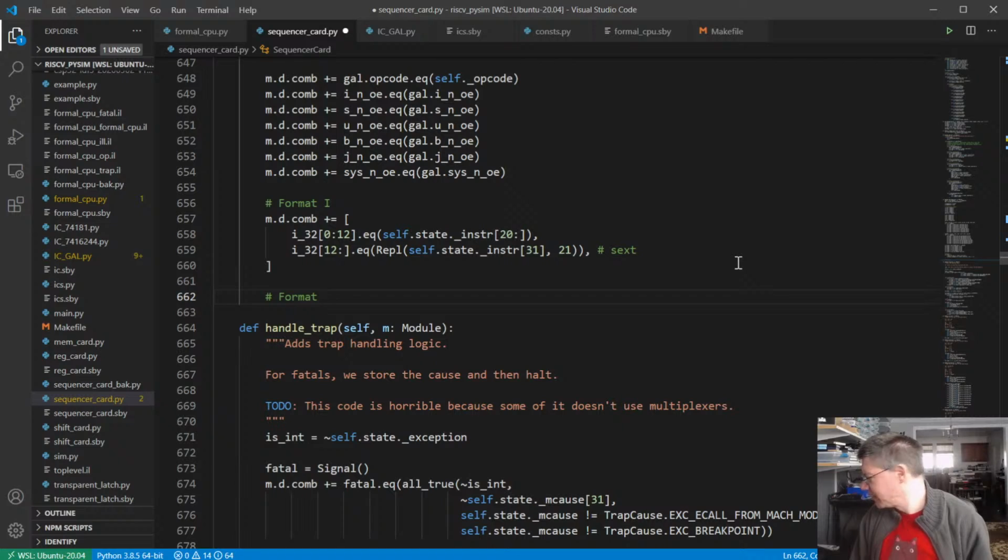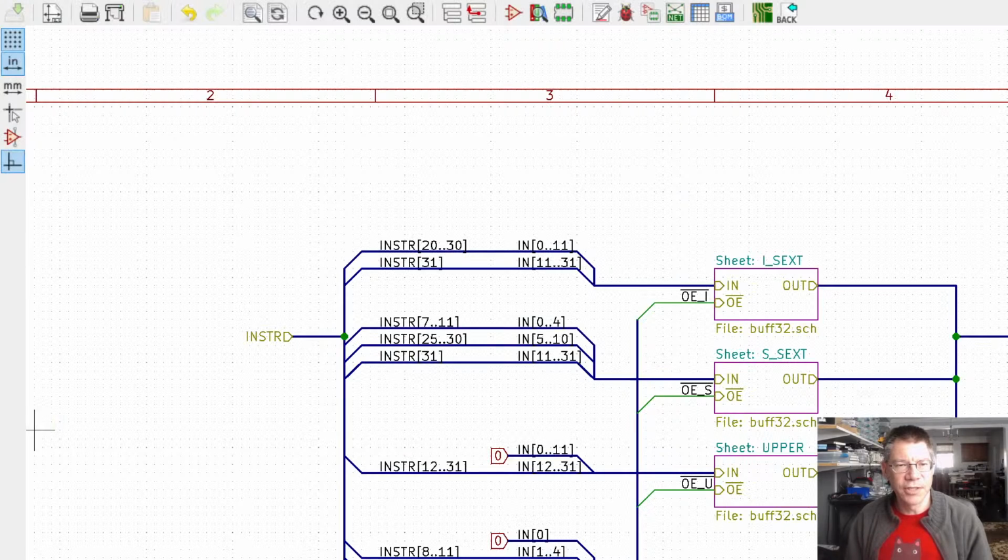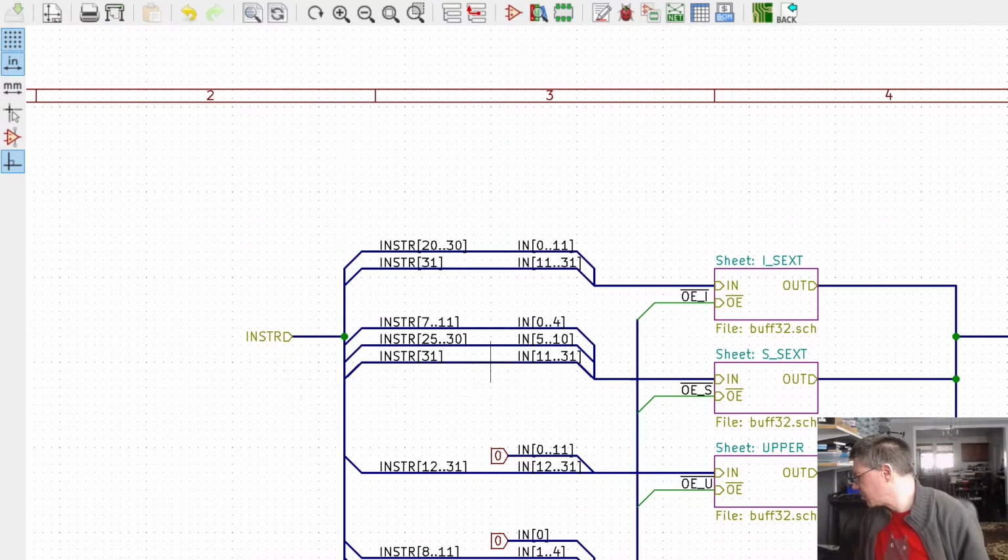So the next format is S. So let's go back to CAD. And we can see that this is how the thing is broken up. So whenever you see one bit going into multiple bits, that's actually a sign extension. And if you look at this 0 over here, that's because we're stuffing all zeros into this part of it. Python likes underscores. I like underscores too. I also like dashes. Dashes are fun. So anyway,